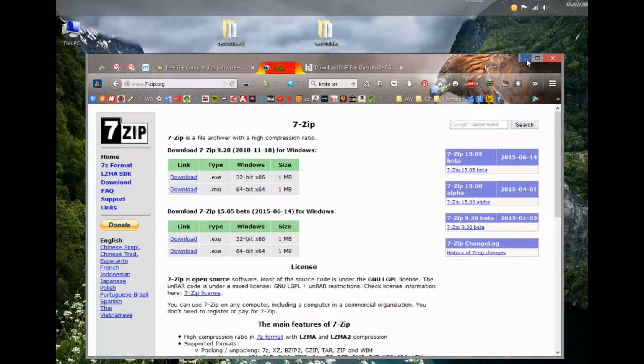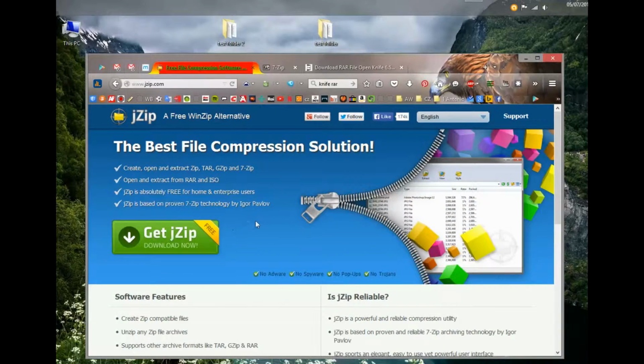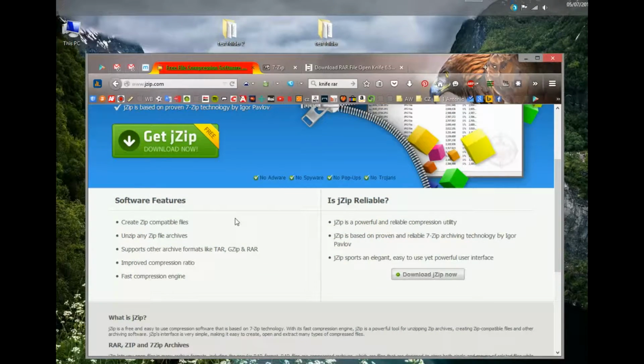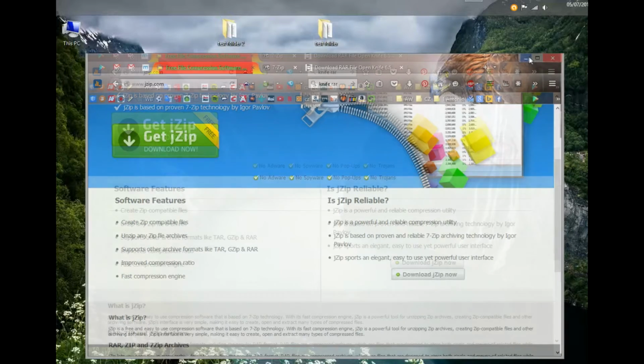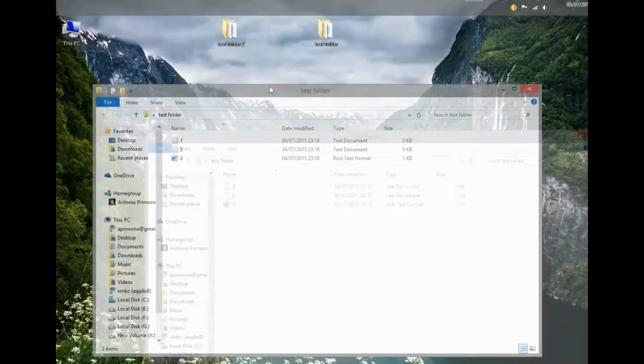The reason why I used to use JZip was for the fact that you could put passwords on compressed files. So if you had a folder with some files that were quite sensitive, you could apply a password to the compressed file folder. So if I show you with 7-zip, I have here a folder which has 3 files in it,